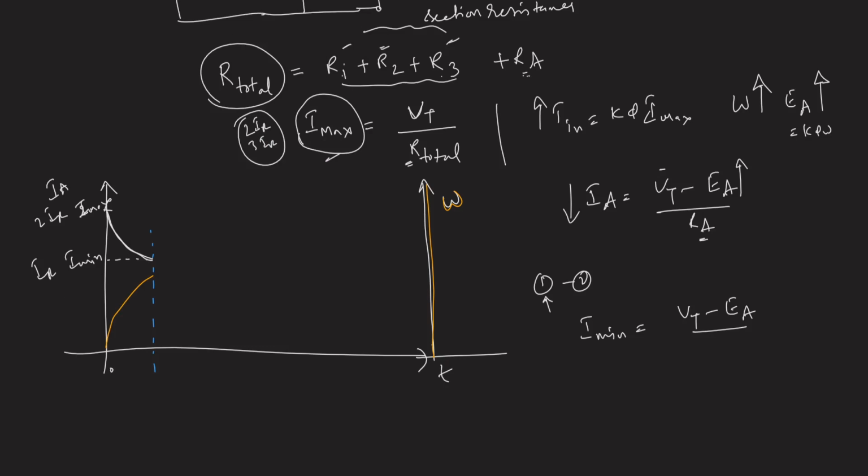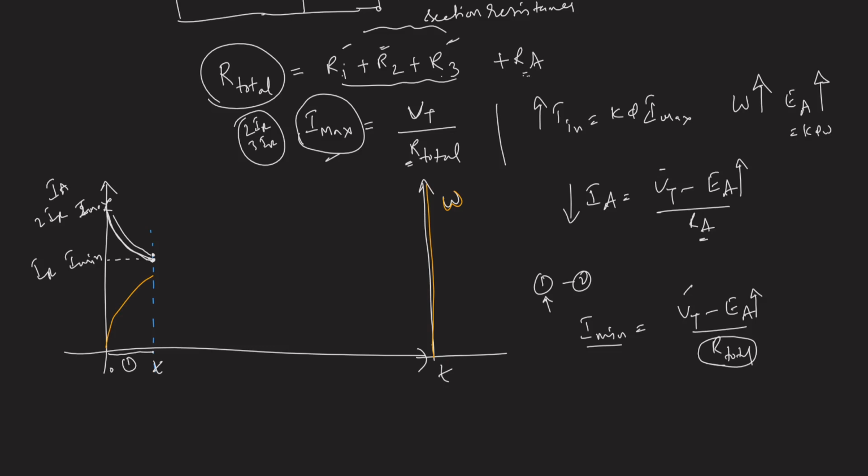This is R total, because at the end of the stud 1, I'm talking about this point. I am moving from here to here, and at this time, at the end of the stud 1 position, my pointer is always on stud 1 up to here, right? So at this point, my current is reduced to I minimum because of increase in the induced EMF. Vt is the same. The total resistance in the armature circuit is still R total, right?